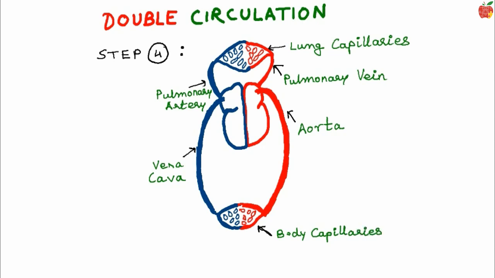Step 4. The arrows are the most important part of the whole diagram. An arrow going upwards in the pulmonary artery and one going downwards in the pulmonary vein. Then one going from the heart into the aorta and one from the aorta to the body. Both obviously point downwards. In the end, draw one in vena cava from body and one from vena cava into the heart. These of course point upwards.